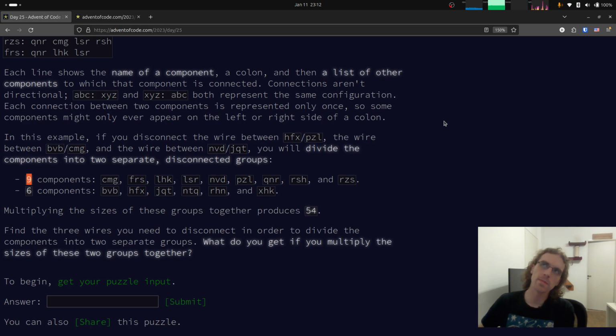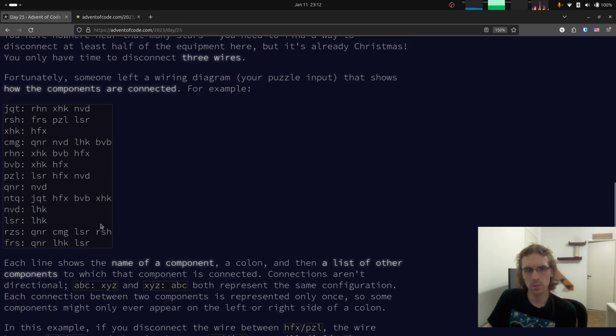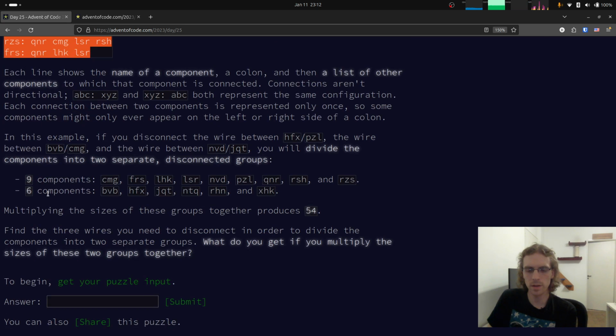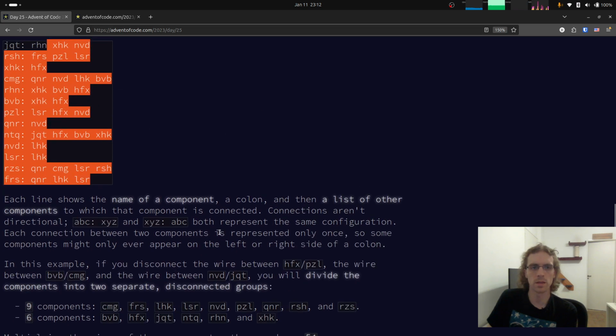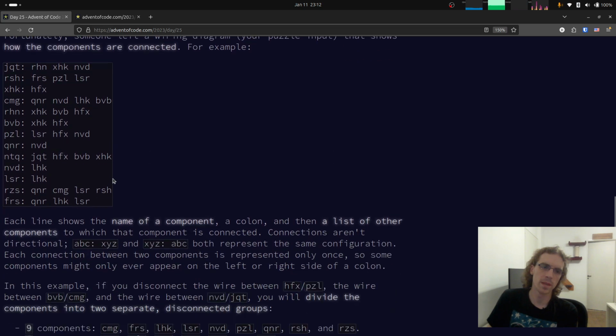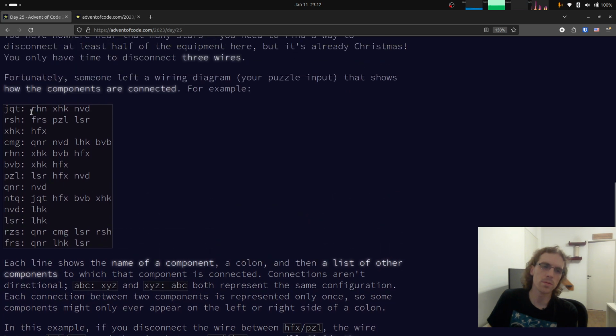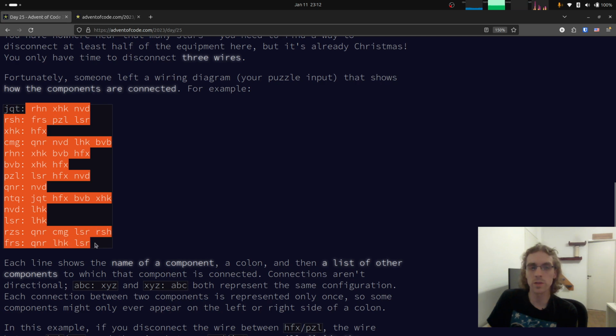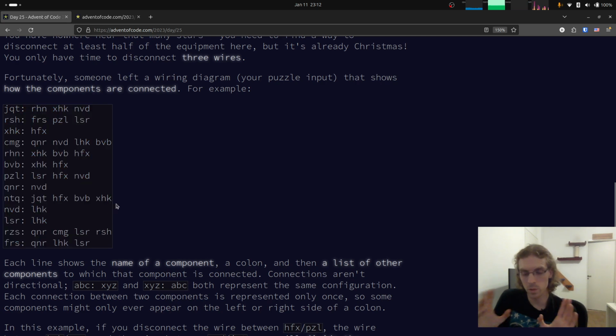Okay, so I can think of, of course, a brute force way of doing this, but that would probably work for the sample input, but it most likely won't work for the actual input. And brute forcing is, I guess, pretty simple. We have to first parse the graph, but once you have the graph with all the nodes and all the edges,